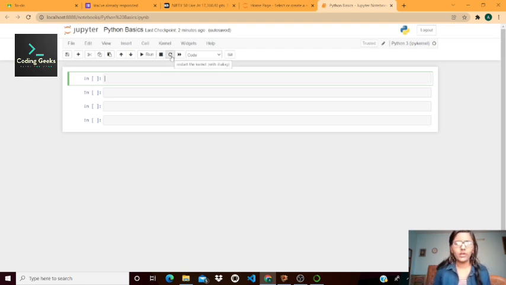You can also restart the kernel if some code is not executing or it is showing some error. By clicking on this menu you can see there is the code option, the markdown option, the raw NBConvert option, and the heading option.